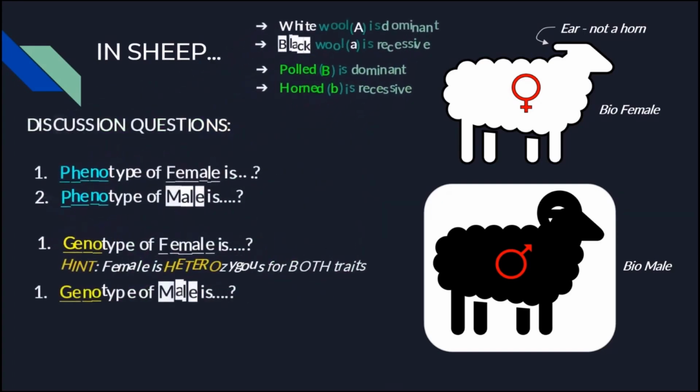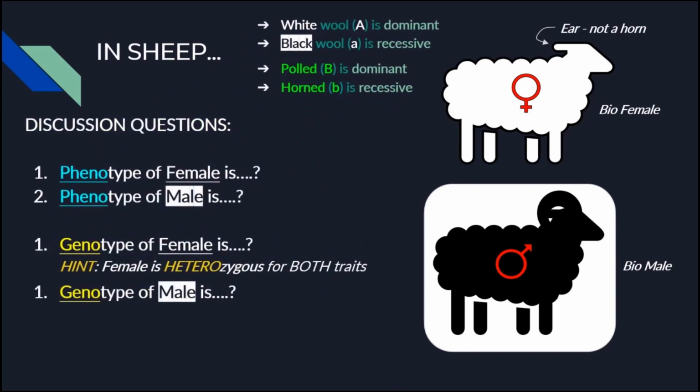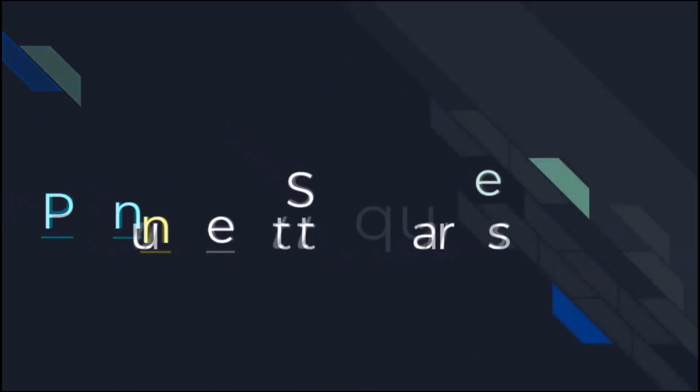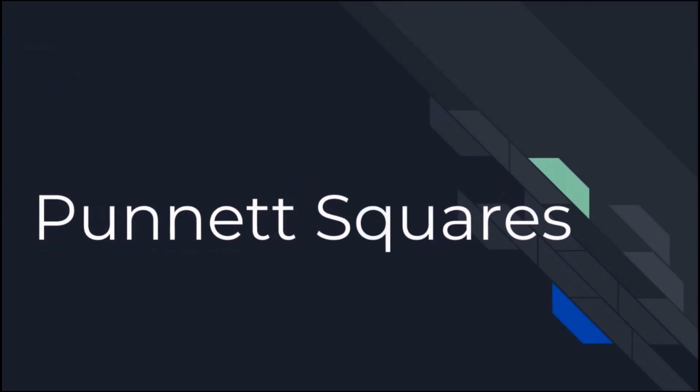So your discussion questions are going to go over what phenotype is the male versus the female, what's the genotype of the male versus the female, keeping in mind that we know for a fact, just because I'm telling you right now, that the female sheep is heterozygous for both traits. After answering those couple of questions, you're then going to move on to practicing developing Punnett squares, both monohybrid crosses